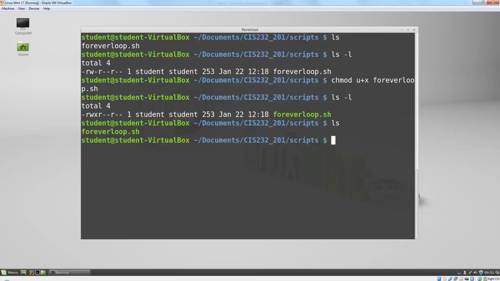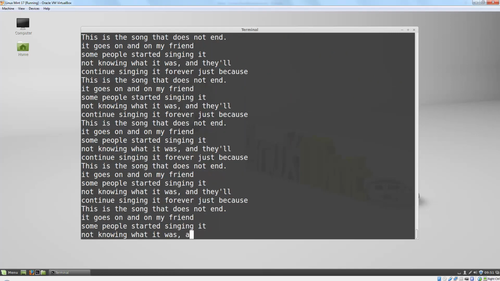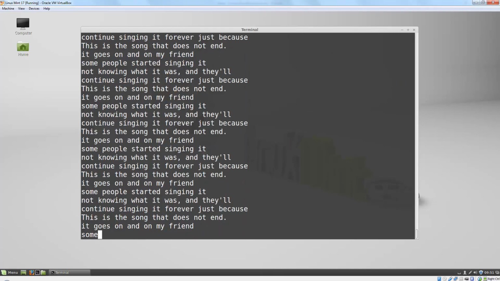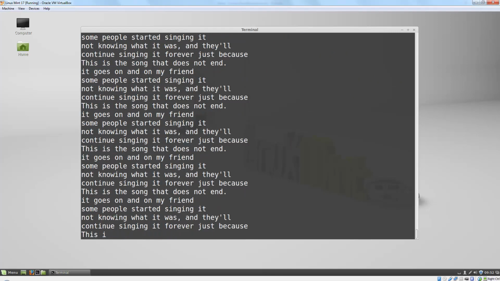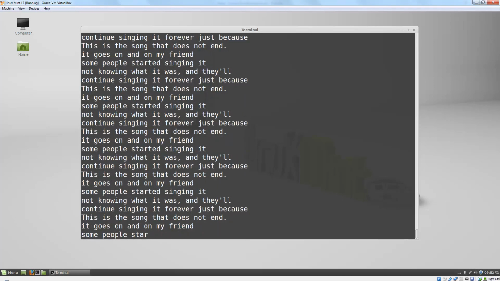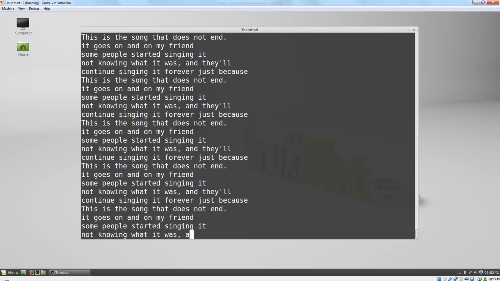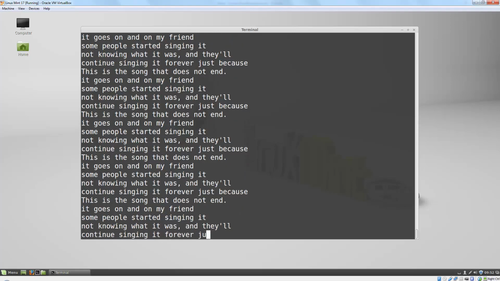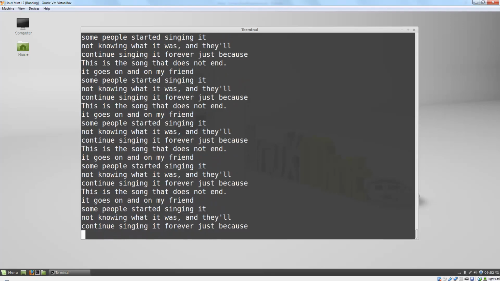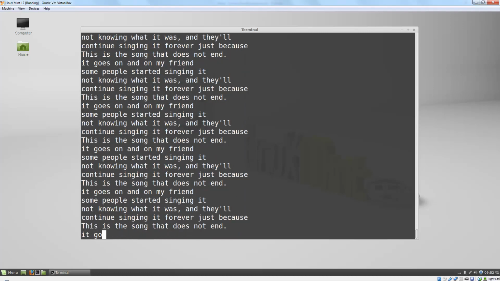So if I want to now execute this script file, I can use ./foreverloop.sh and hit enter, and it's going to start executing, printing out some text to the screen. And if you are working on a script and it's not ending, either by design or because you make a mistake and you have a loop that just doesn't ever end,